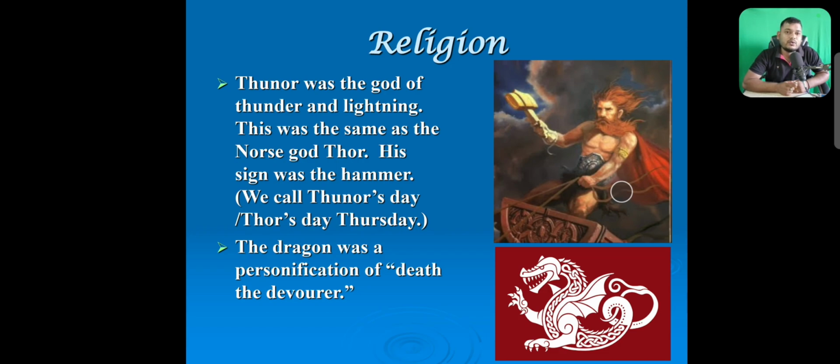In Indian Hinduism, we believe in lots of gods who belong to nature: the sun, the moon, the planets and stars. We mostly worshipped them, and our ancestors also did these things. Like that, there is a god called Thunor, and they worshipped him on his day, which is Thursday. Odin's Wednesday and Thunor's Thursday.